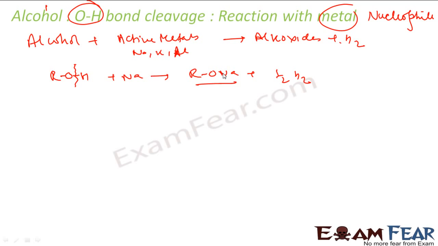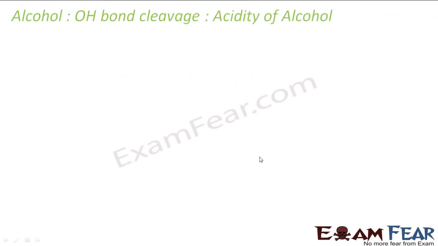Correct. So you can react the same thing with aluminum also. You get alkoxide. And this shows that alcohols are acidic in nature. Right? This shows that they are acidic in nature. In fact, they are Bronsted acids. They donate H plus to a stronger base. So let's understand